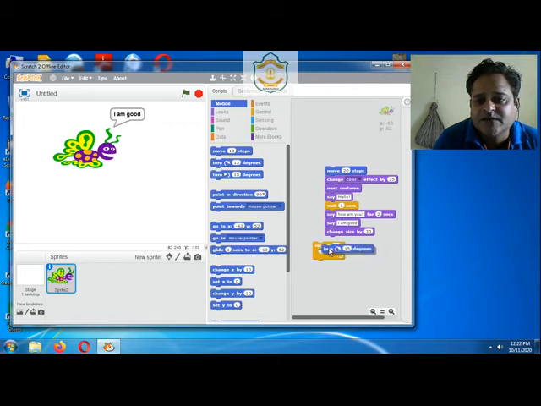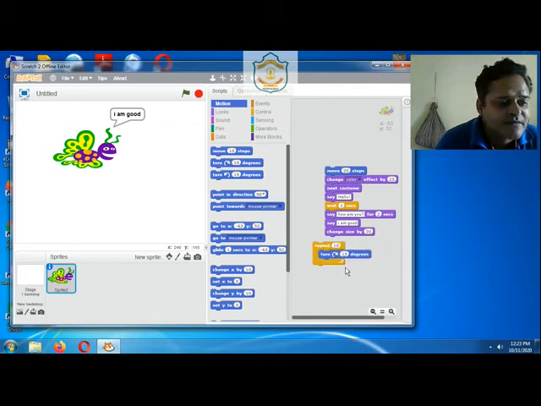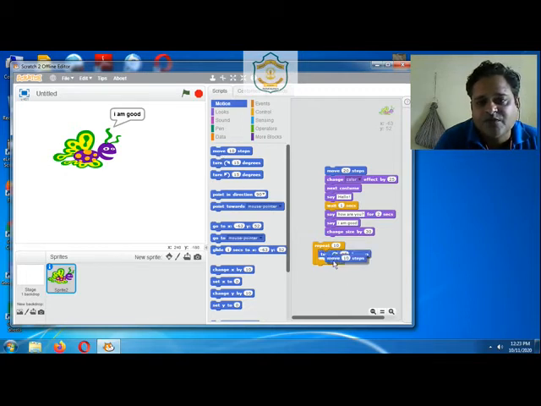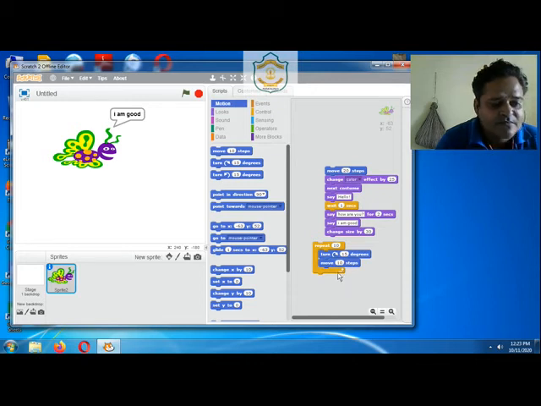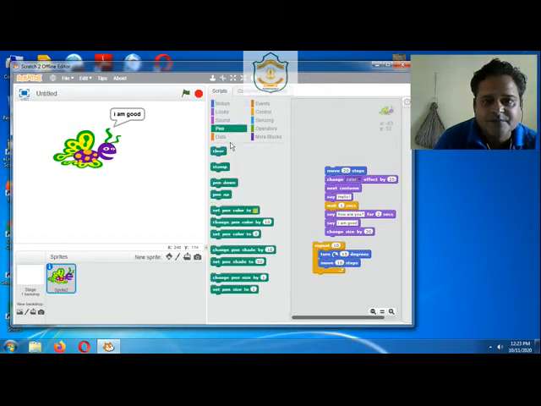Turn, then move, then stamp. You have to notice one thing, or keep in mind one thing: the colors of these blocks.